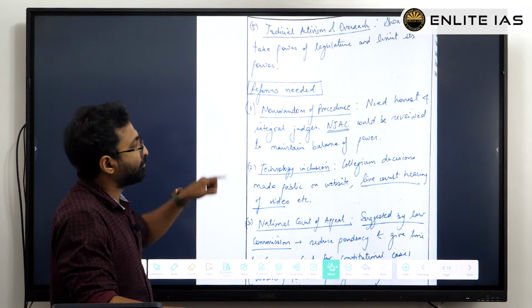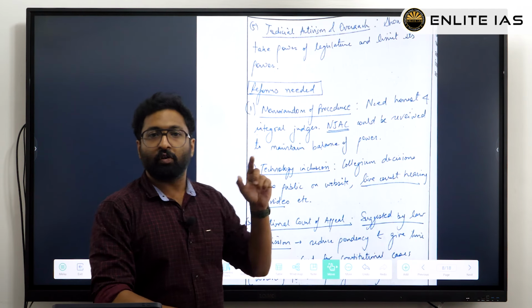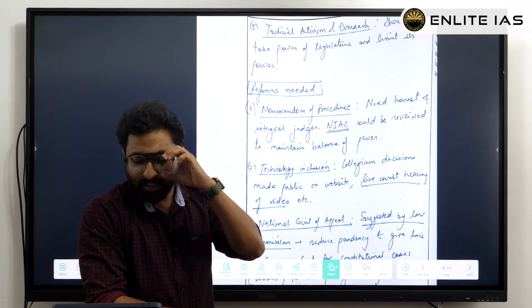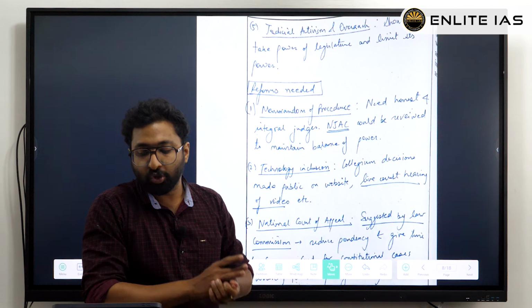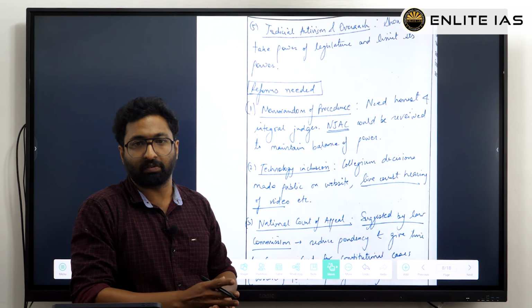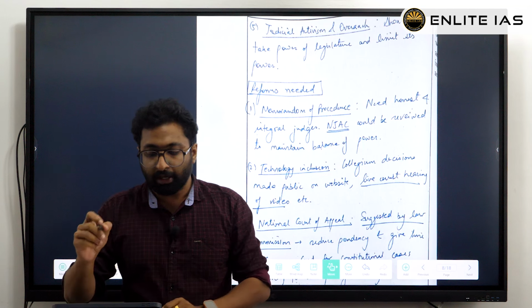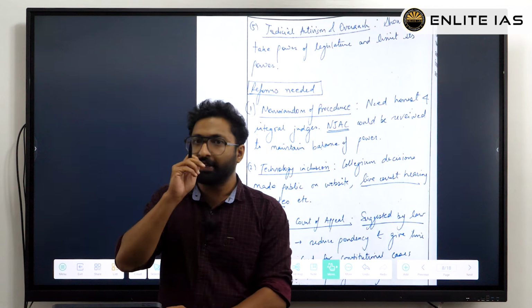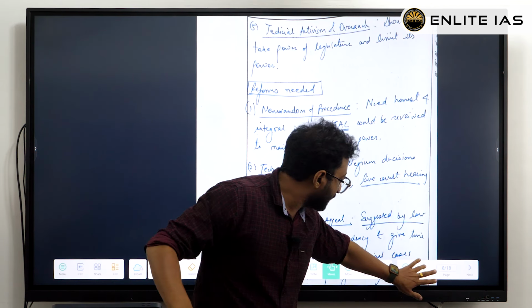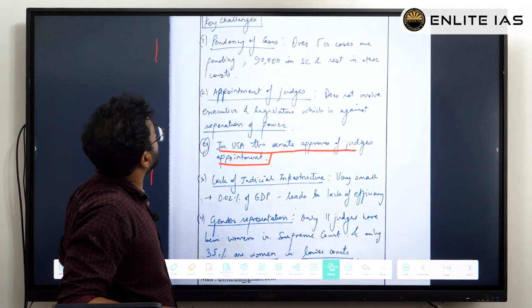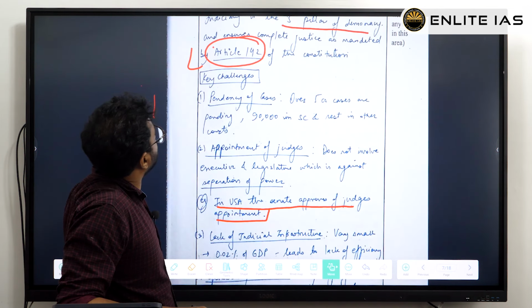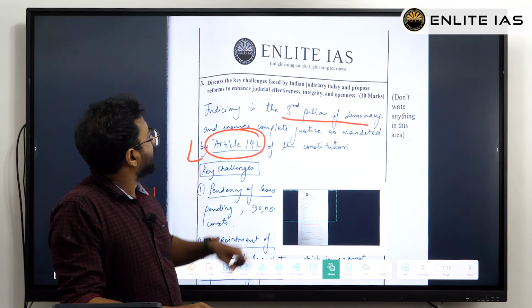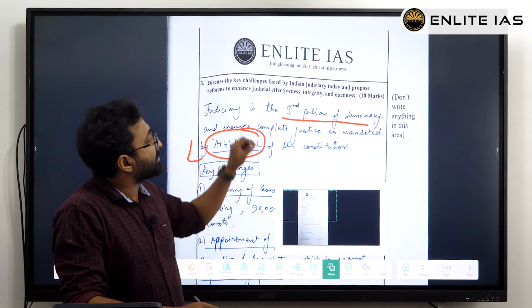Now he has written the reforms needed. If you were focusing on the question part, here they were asking to propose reforms to enhance judicial effectiveness, integrity and openness. The question was so broad. See, there's a very genuine doubt, I will show that question again so that it becomes more clear for you. Okay. So, reforms to enhance judicial effectiveness, integrity and openness.